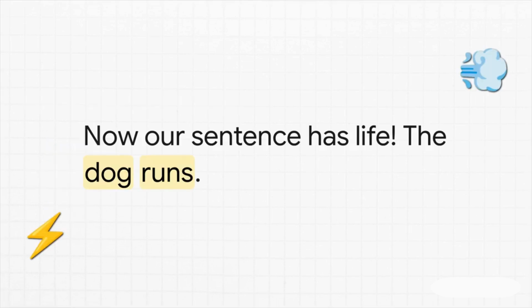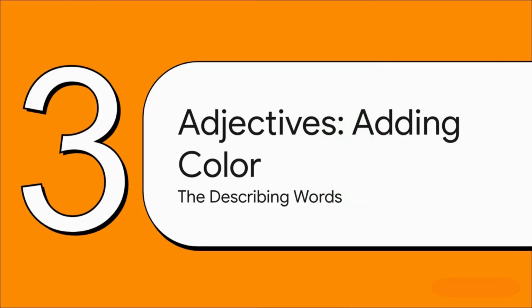Now let's add a verb to our noun. And boom, the dog runs. Did you see that? With just one little word, our sentence is alive. Our noun is actually doing something now. That right there is the power of a verb. Okay, the dog runs. That is a perfectly good sentence, but we can do better. We can make it more interesting, more vivid, more colorful, and to do that, we need our third building block,